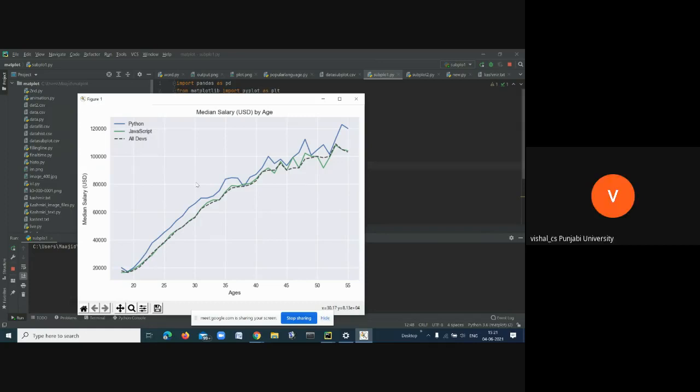See, there are two things: one is figure, and the second one is axis.